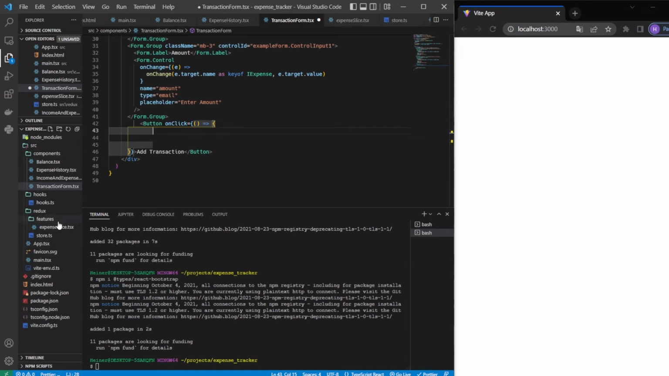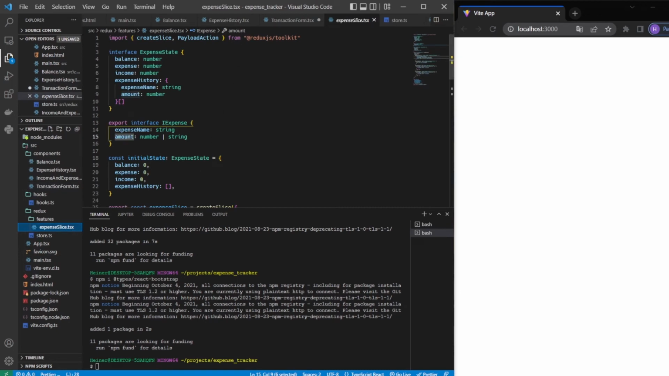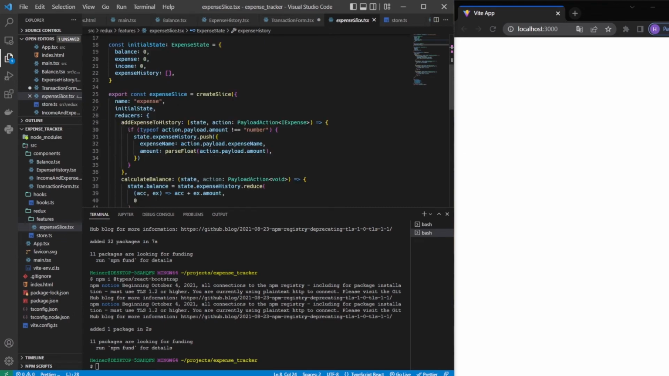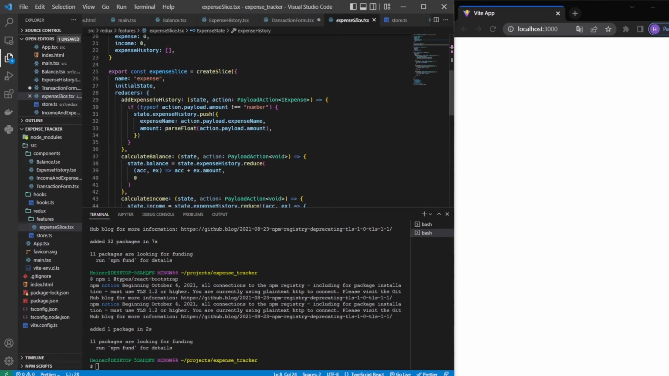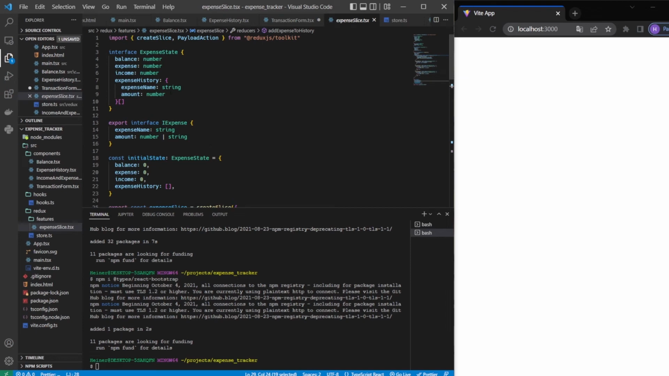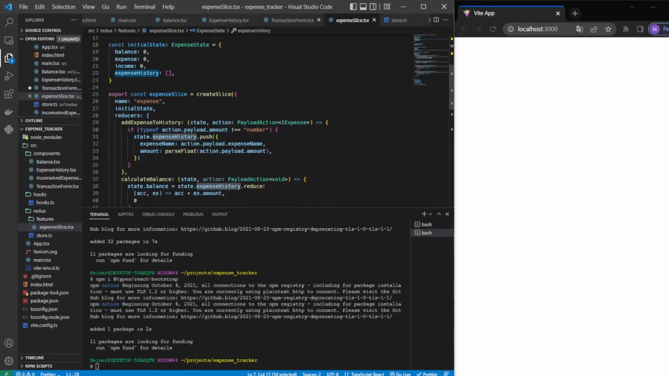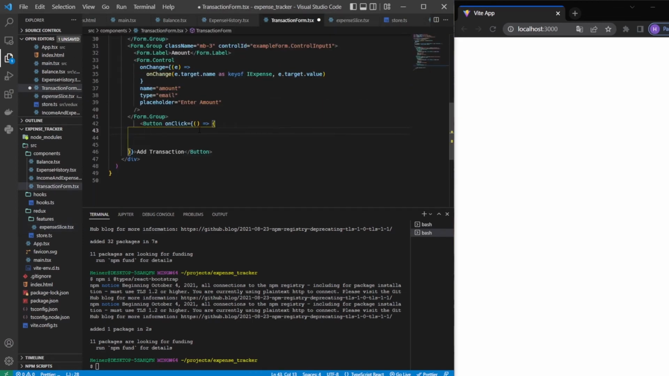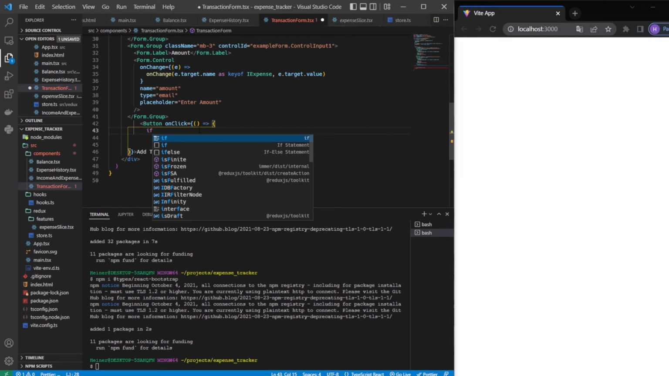You remember in our slice here, we have a property called expense history. And now we want to, for example, add an expense to a history. So we want to push something in this array. And we can do this by dispatching an action, which is one of these here, right? And now here in the function body, we have to perform an annoying check, which took me a bit of time to figure out. So here we have to say,